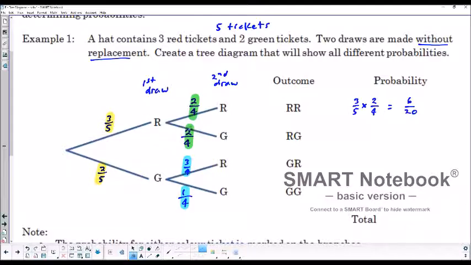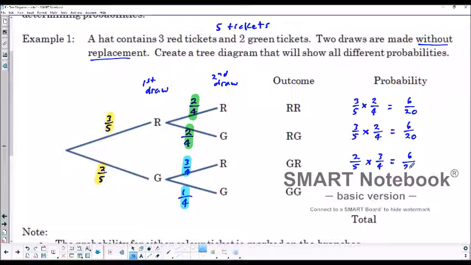If we pull a red and then a green, the probability of red is 3 over 5 and the green is 2 over 4, and it is also a 6 out of 20 probability of selecting red and then green. If we select green and then red, we have a 2 in 5 probability of selecting the green, followed by a 3 over 4 probability of selecting a red after that,